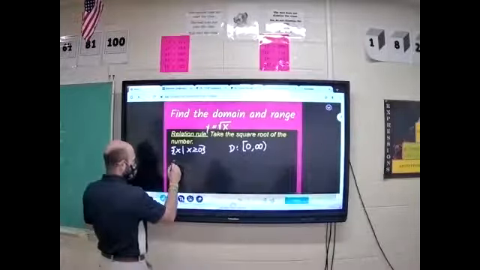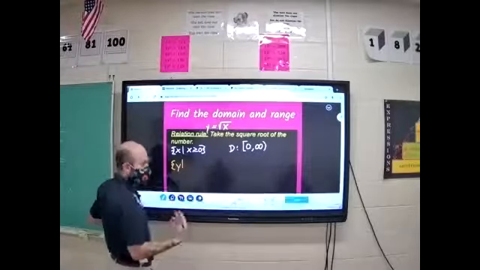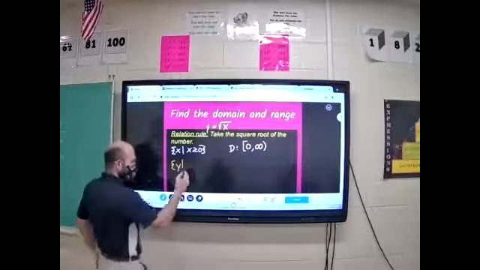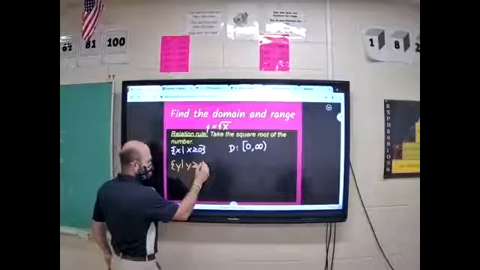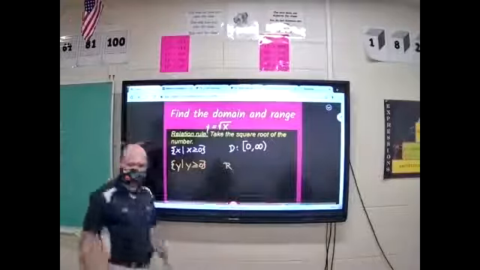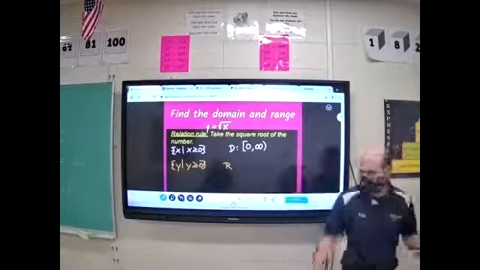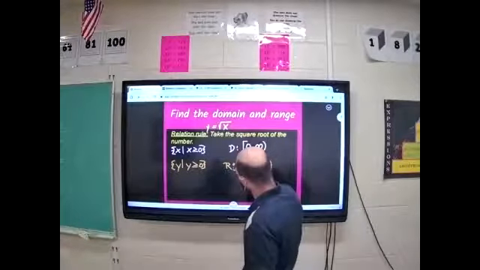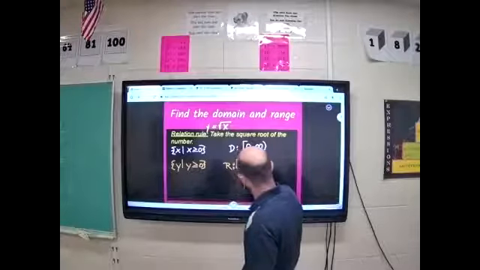So I have any number, but I'm never going to get a negative. I'm not going to get the square root of 16 is not going to be negative something. So y as long as it's 0. So my range is technically the same numbers as the domain, it just takes me a lot longer to get there. That's okay, it happens. Still gonna hit 0